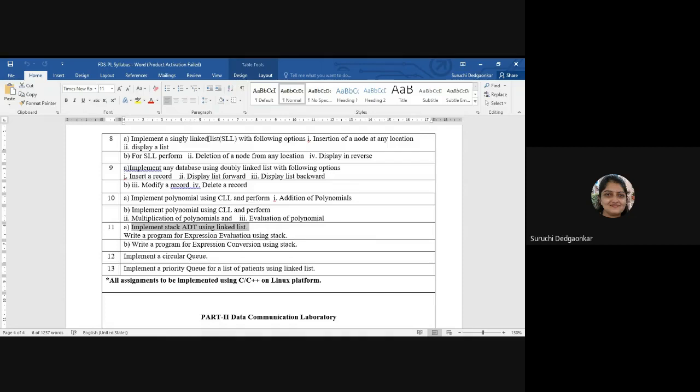So using a template you can implement stack ADT for a generic data type, any data type, and then you can create the integer object of that stack for the evaluation part, and a character object of that class for the conversion part. So we need two stacks here. So this is our assignment.